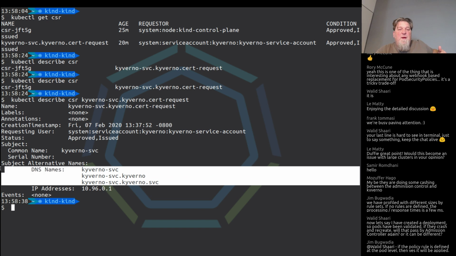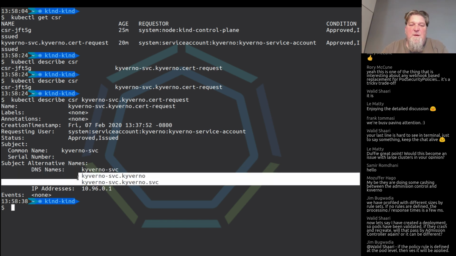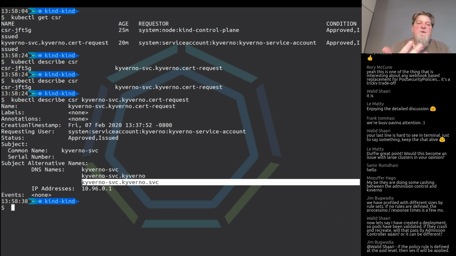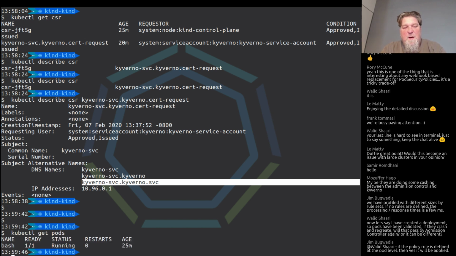And these 3 names, if anybody's familiar with Kubernetes DNS, will seem familiar, right? It's issued for the service name itself, the service name and the namespace, and then the service name, svc, and then the namespace. I'm surprised that it's not actually also taking in the .cluster.local, but really just these 3 should be enough to get it done, as long as you're using CoreDNS as your service, right? So if we did kubectl get pods, we got our bash, right? So we jump in there, kubectl exec -ti bash,